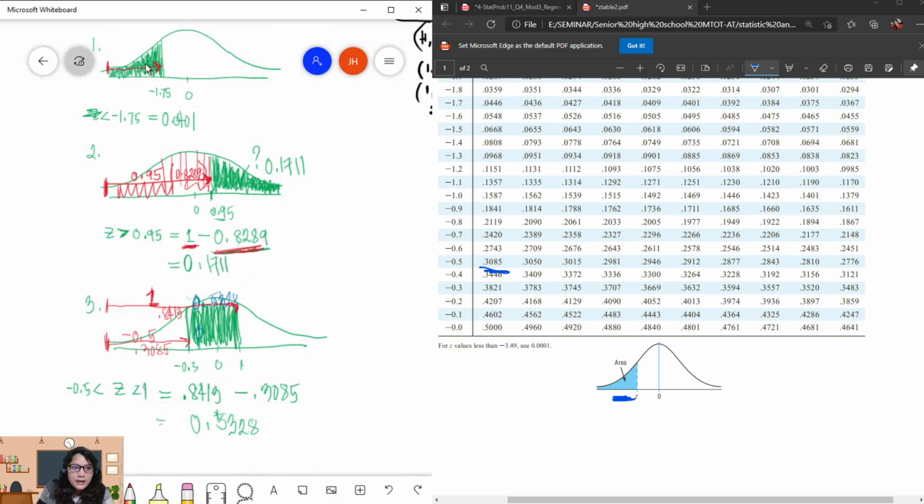Okay, so I hope it's clear to you the 3 different types. We have the less than, the greater than, and between. You can easily get what to solve if you have this illustration. So that's why you need to draw for you to answer, because you need to practice more before it's finally easy for you to answer. So that's all about lesson 2, sketching a normal curve